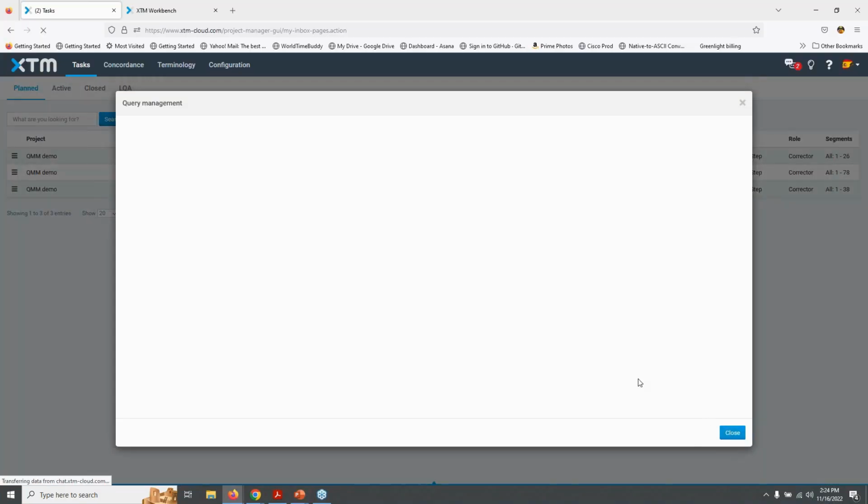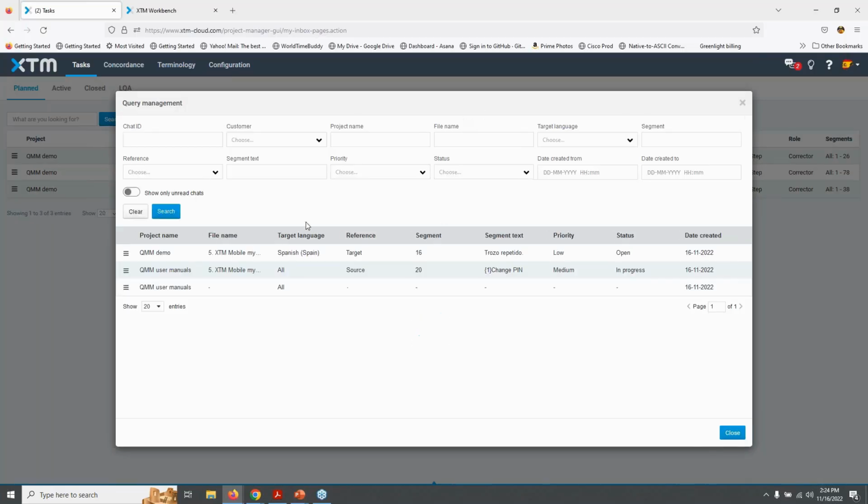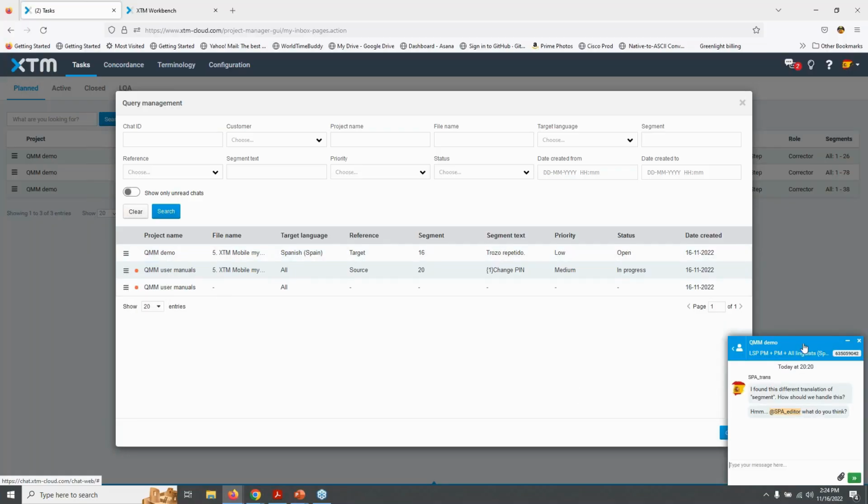When I open this up, I get a box that lists all the chats that I'm involved in. And I can search and filter by all these different criteria: customer, project name, file name, creation date, all that kind of good stuff. I can even filter and show just the ones that are unread, right? But this is the chat I was just dealing with. Obviously when you have a lot of chats, searching and filtering helps. Notice in this menu, it says create chat, but it literally opens the chat box so you can